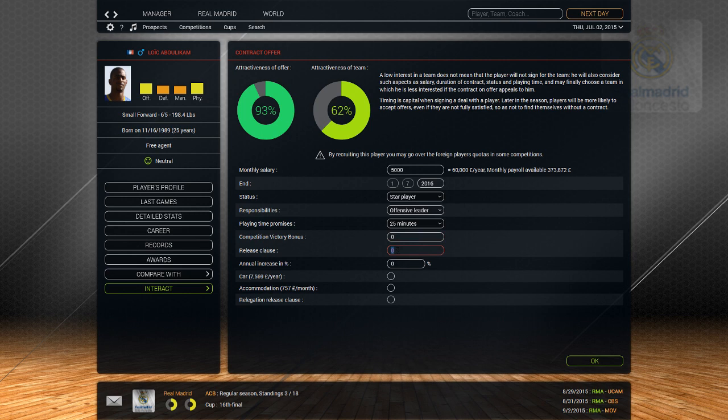The release clause, if he had, say, a 500,000 release clause, a team would have to offer at least that amount to me before they can offer him a contract. Annual increase, and then again we can offer him a car, which will cost us £7,000 a year, and we can also offer to accommodate him rent-free in his own apartment, which is £757 per month. Again, these will make him want to sign even more, and we can offer him to be released for free if we get relegated, and that doesn't affect too much. Then you just click OK,